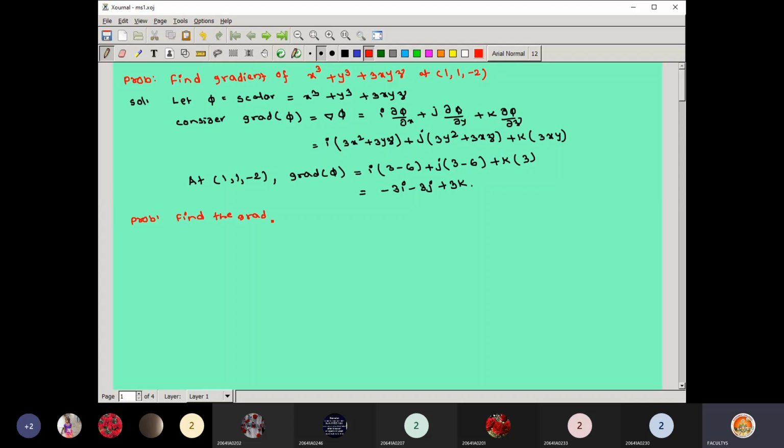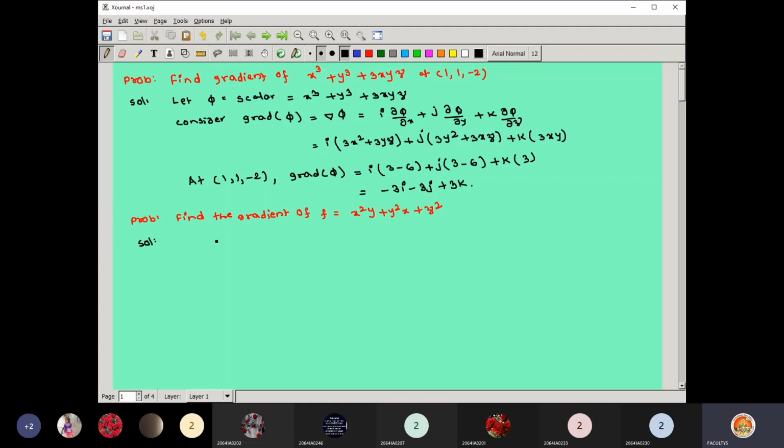It's very simple. Find the gradient of f, they have already given a function. It is x square y plus y square x plus z square. Simply they are asking to calculate the gradient corresponding to the given function. So no point is given. If a point is not given, you need not worry. You can directly leave it as it is. If a point is there, then you can directly substitute there.